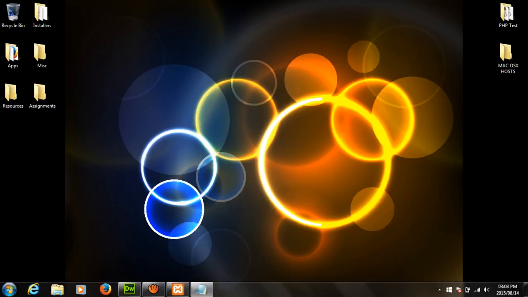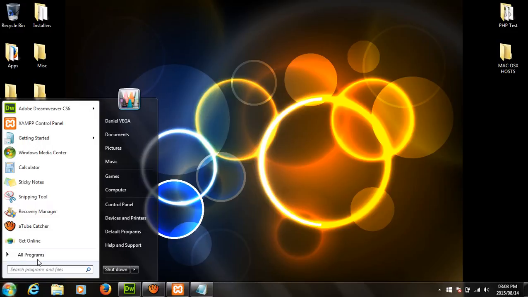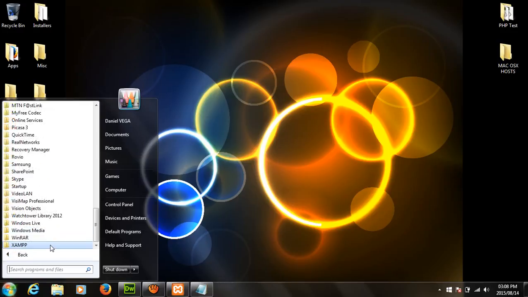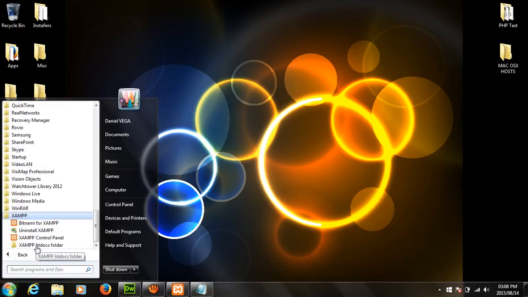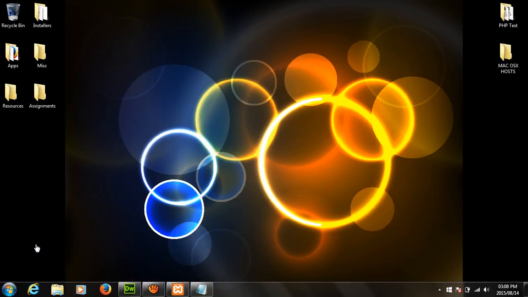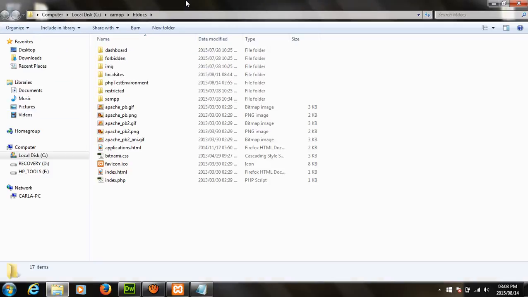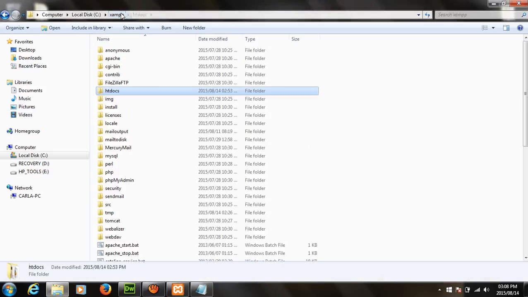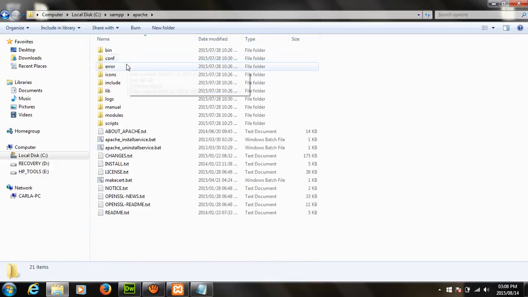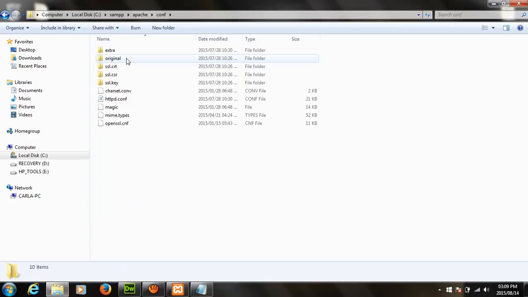Now that we have that running, let's take a look at our xampp htdocs folder. So what you do is you enter your start menu, go down to the xampp file in your start menu and open up the htdocs folder. That's just a quick way of getting back to your xampp. So you'll hit the xampp up here and you'll open up the Apache folder. Under Apache, you'll see your configuration folder. And then there's this file over here called